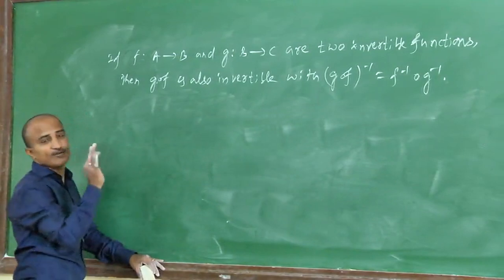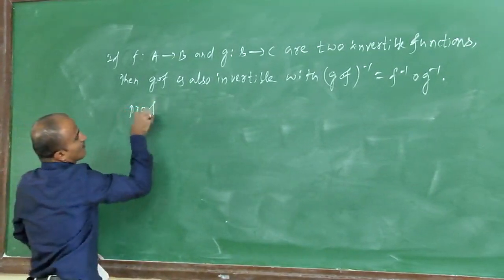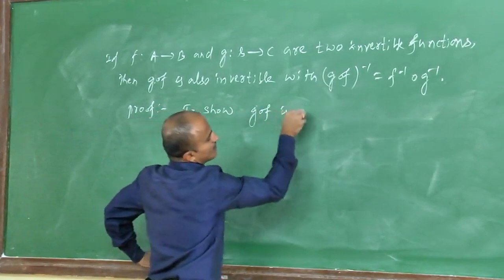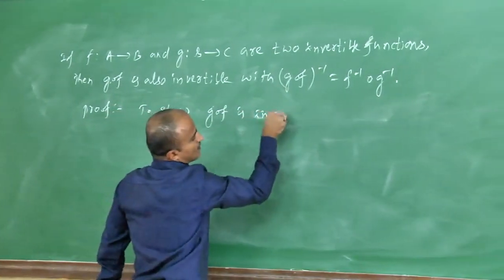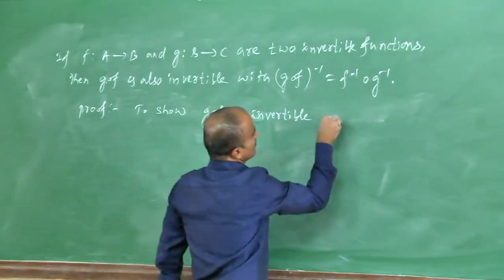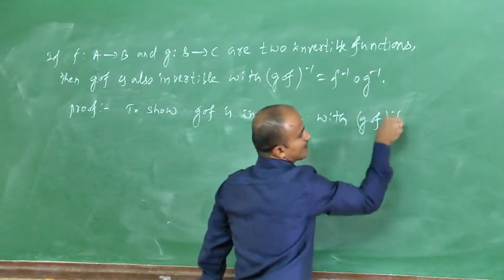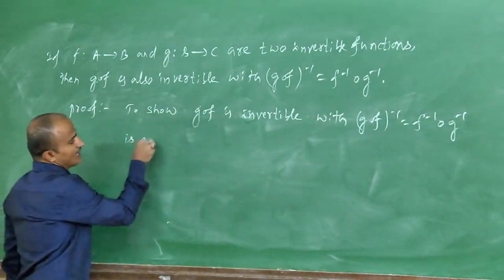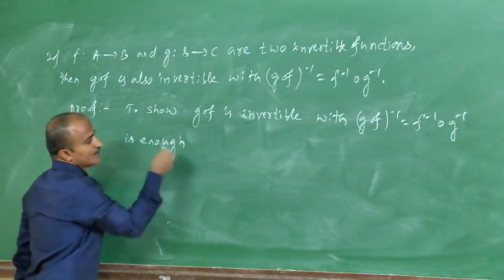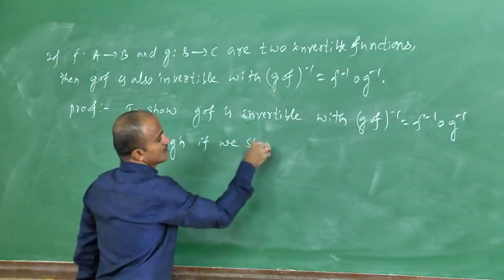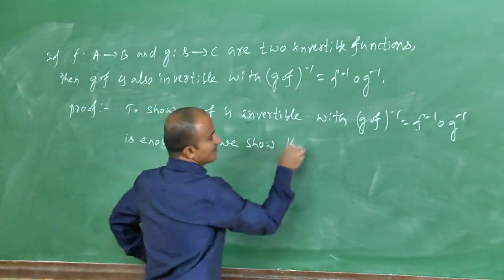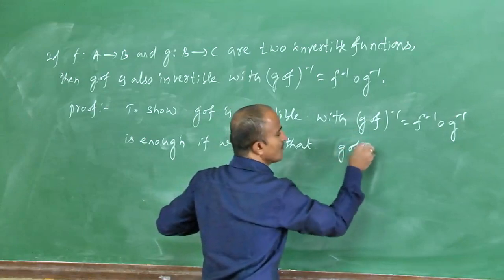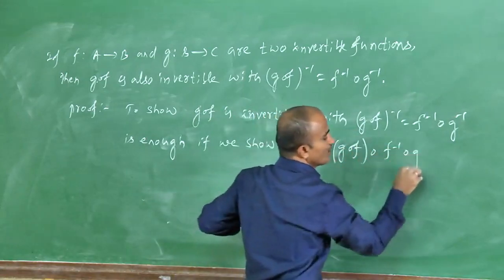To show that g∘f is invertible when f and g are invertible, with (g∘f) inverse equals f inverse ∘ g inverse, it is enough if we show that (g∘f)∘(f inverse ∘ g inverse)